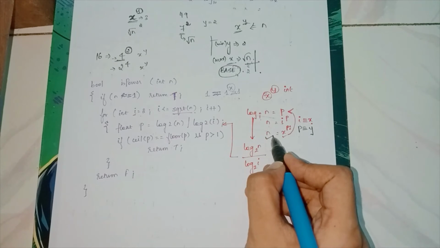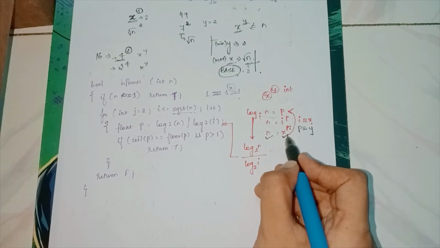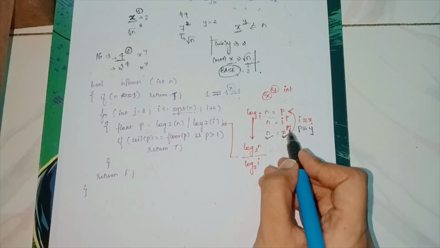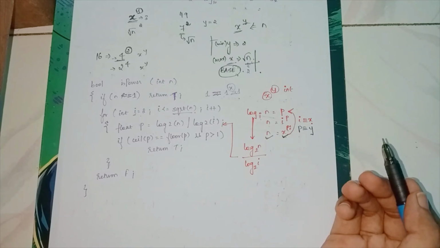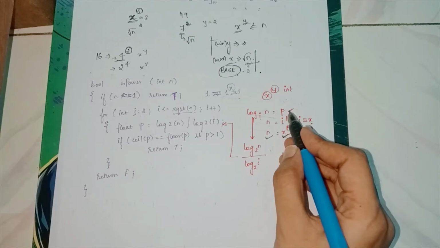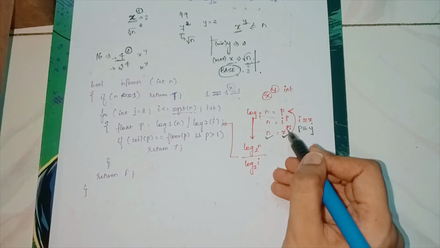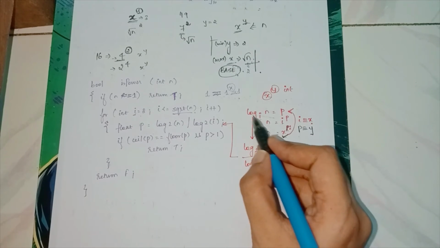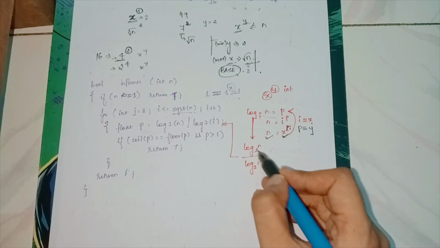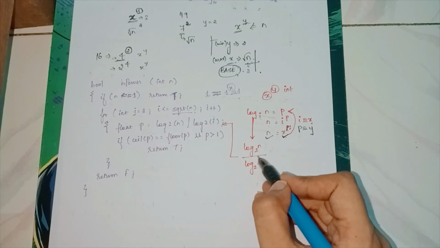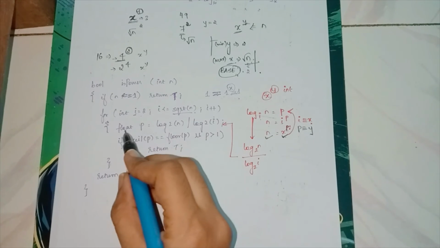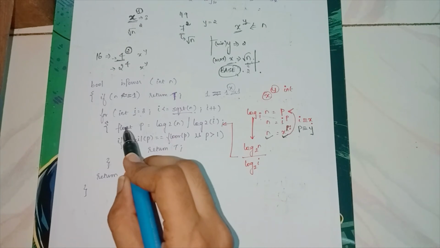So I know the value of n that is given by the user, and now I am traversing a for loop for this x. So when there are two variables and only one is unknown, one unknown, one equation, you can obviously find the answer. But how? We are using logarithms to find the answer, okay. So I can find the value of p using this formula, right? So p is equal to log of n to the base I. To find log of n to the base I, I can make the base same. So log of n to the base 2 divided by log of I to the base 2. I store the value of this in the float variable,